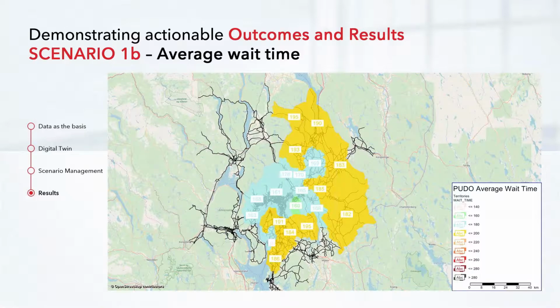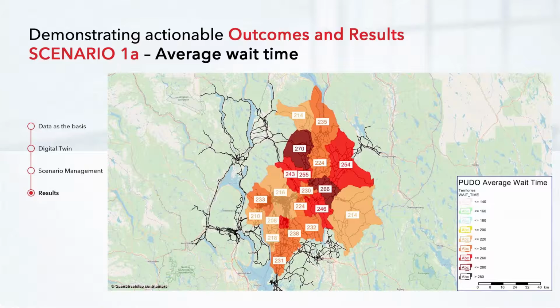When we look at scenario 1A, where it's car share only, and this is going to measure against the same scale on the right-hand side there, everything's in the red. So the wait times go up quite considerably. So scenario 1A, from a personal, private perspective, you think, hey, I get the ride all to myself, but actually you wait longer for that ride to turn up. If you're ride sharing, the ride comes to you much quicker.